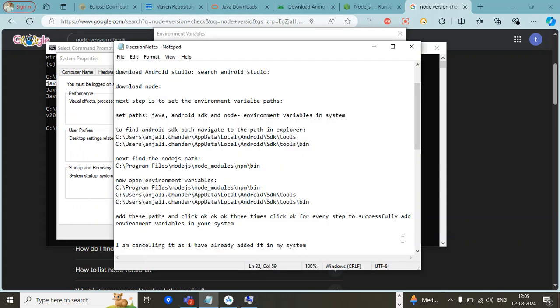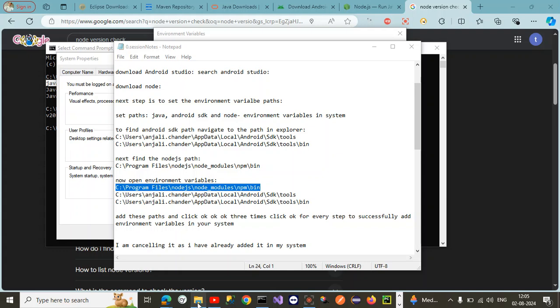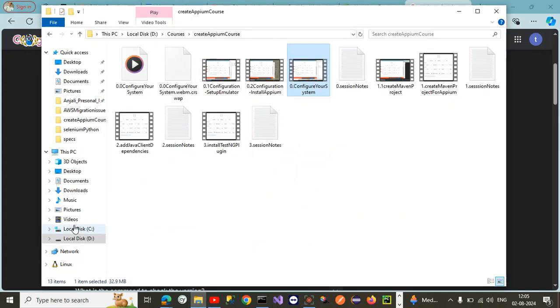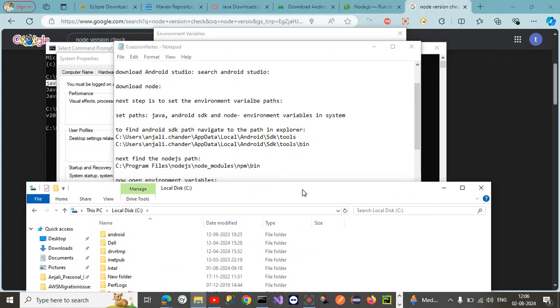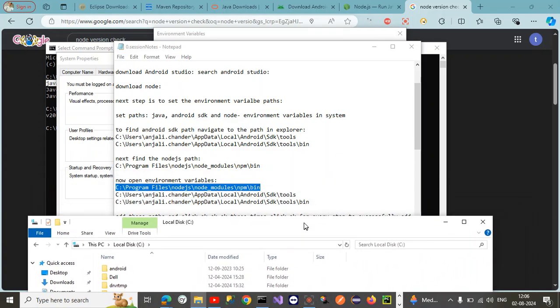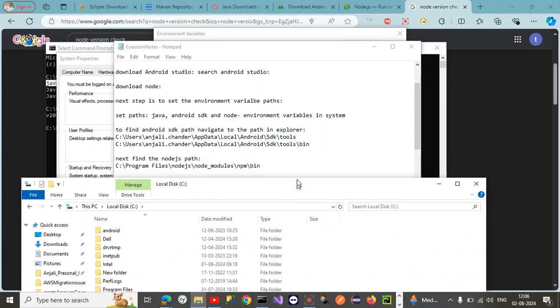First, you will add the path for your Node.js. I have already found the path for myself, but if you want to find it and you did not change the path, then by default the path for everyone is something like this.